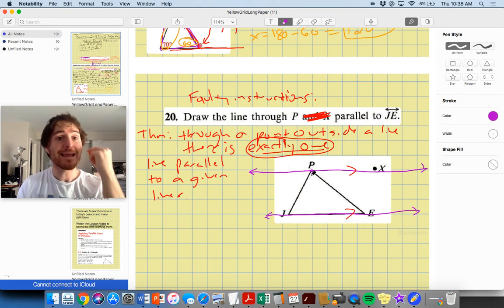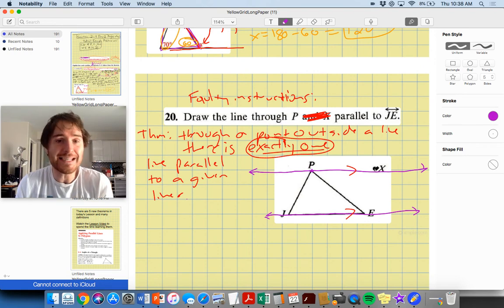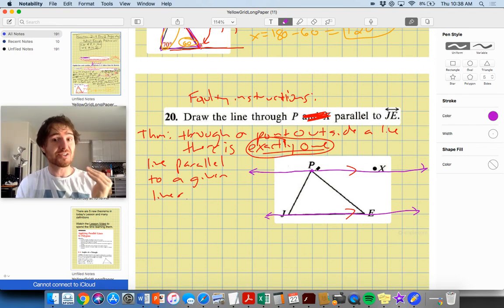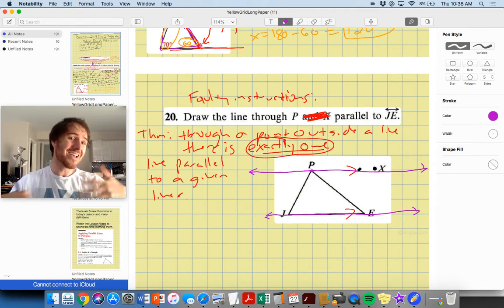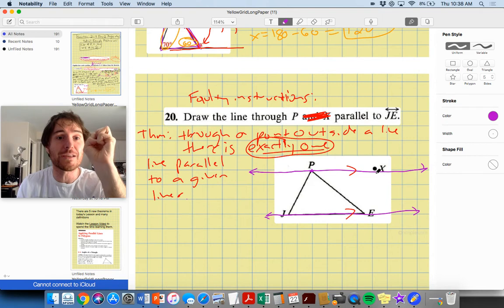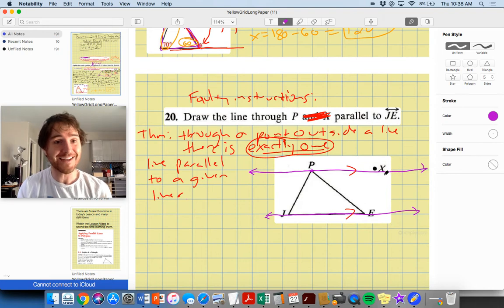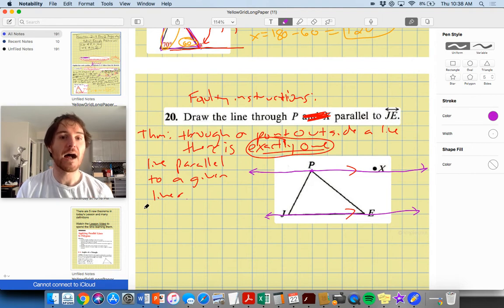The problem is this one and only one, this exactly one line, is not guaranteed to go through any other particular points. It's not guaranteed through X. Does it look like a parallel would go through X? Well, probably, based on the fact that this point X is made really big here. But remember, points are infinitely small. So the odds of the line going through point X are infinitely low. So the way I would justify this is our theorem above